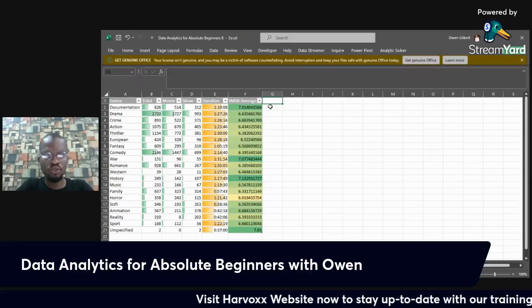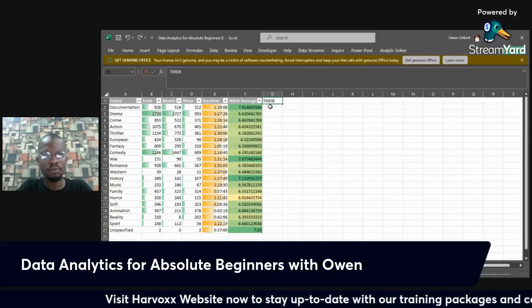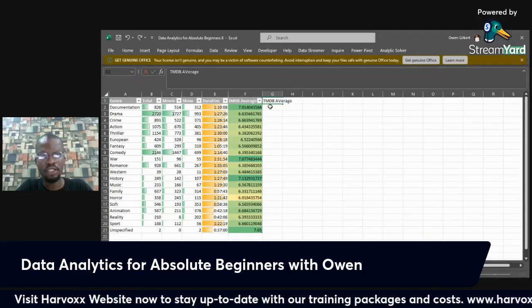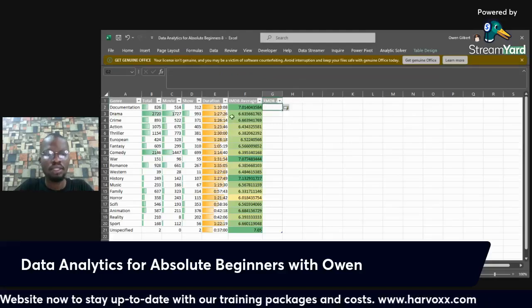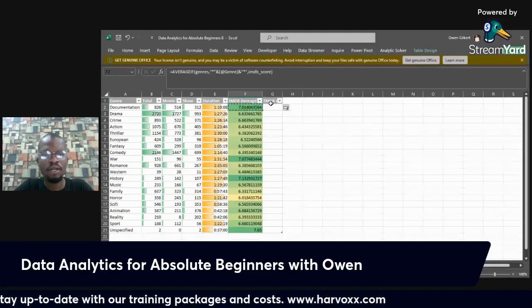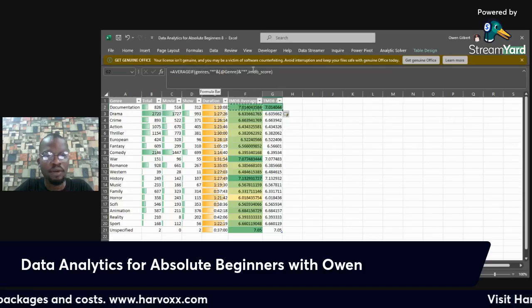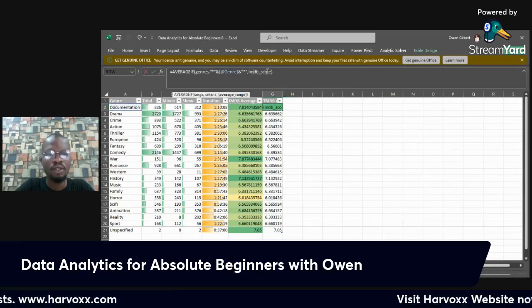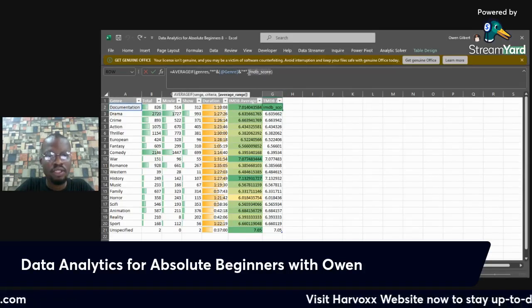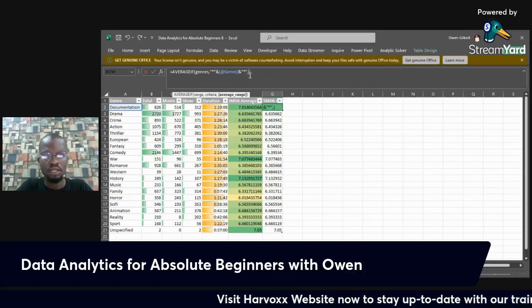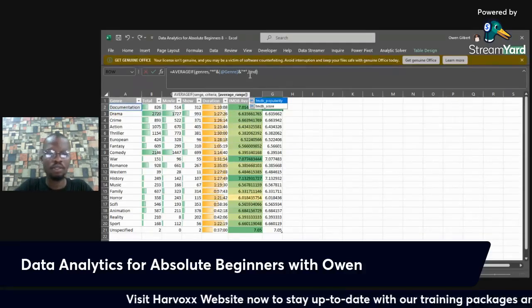Similarly, we can also do for TMDB average, and I'm having a similar formula. So this is just me trying to save time. And we're looking for this in TMDB score.